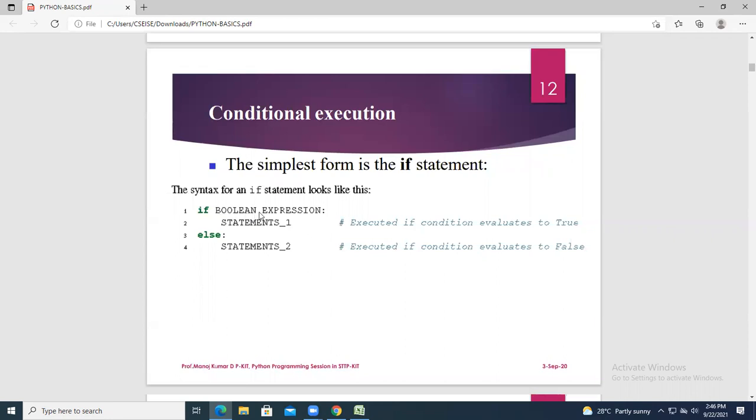So it should be in terms of a Boolean expression. If you don't give an else part, simply give statement 1. That means if the condition is true, statement 1 will be executed. If you take the else part, when the condition is false, statement 2 will be executed.